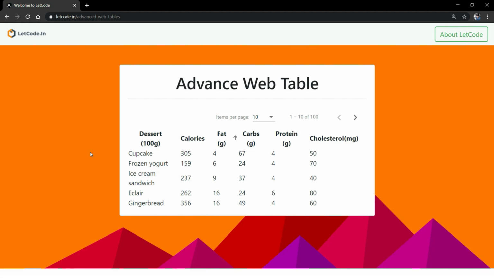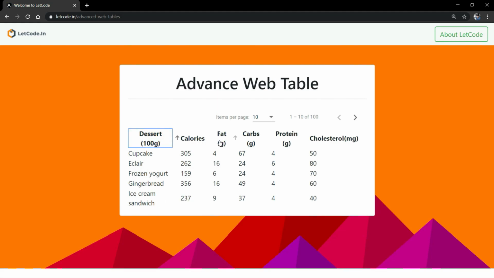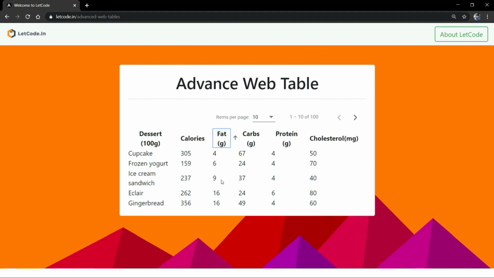Let's assume that we have a test case where we have to check the sorting functionality of this button here. So now if you see, this is unordered, right? So it's jumbled or random, right? Now when I click on this button, it is going to give me the values in ascending order. Now when I click this again, it is going to give me the reverse order, that is, descending order. So we know how to do this manually, but how do we convert this into our script, right?